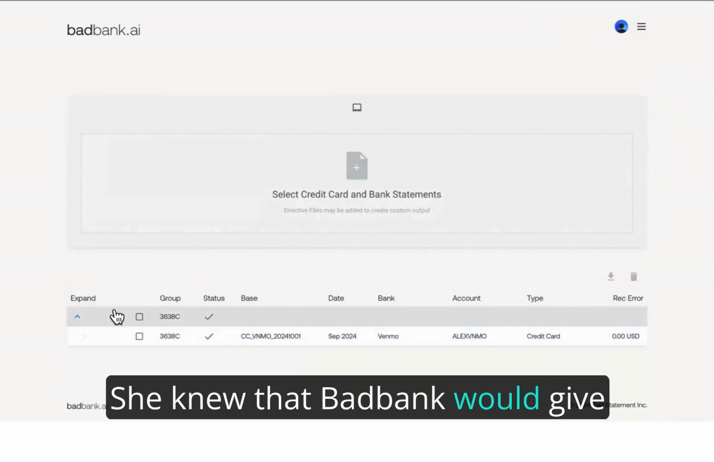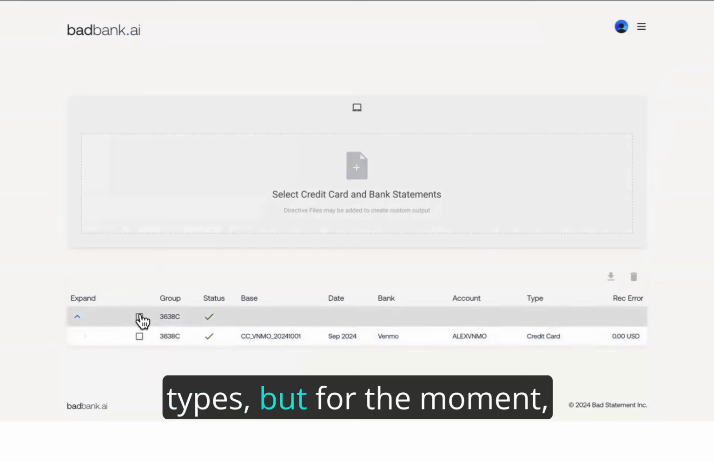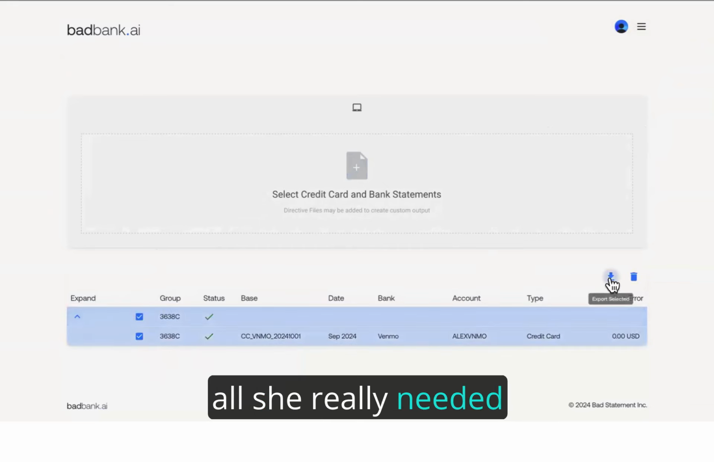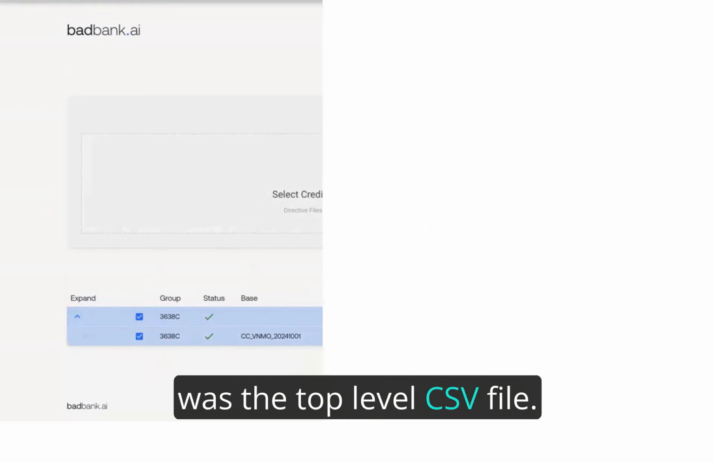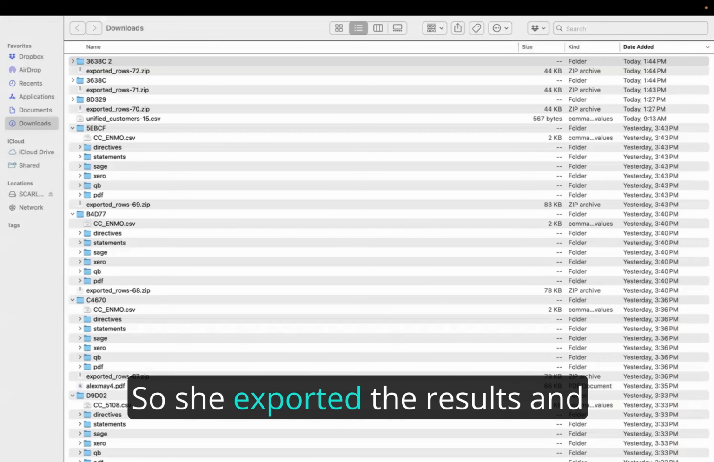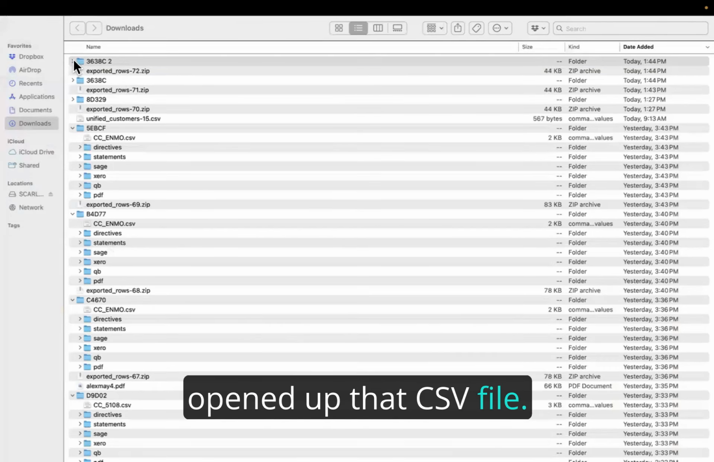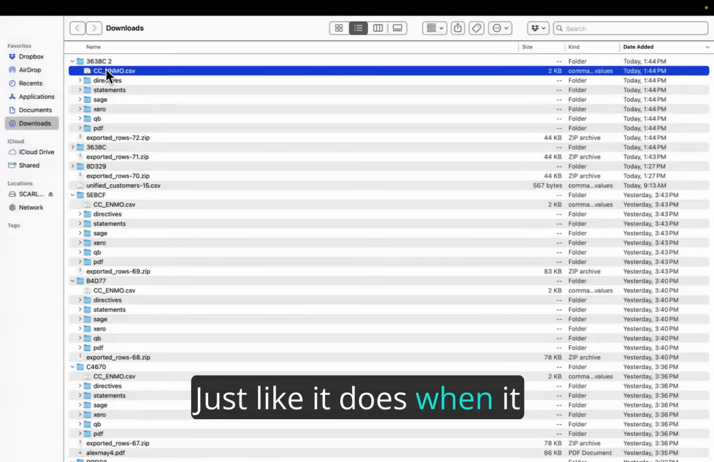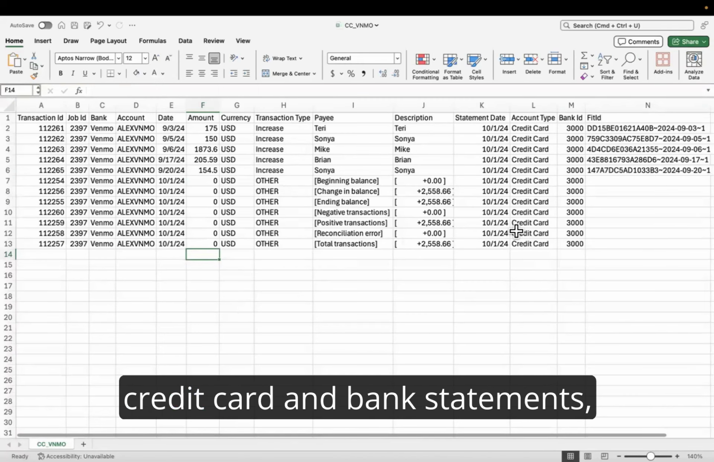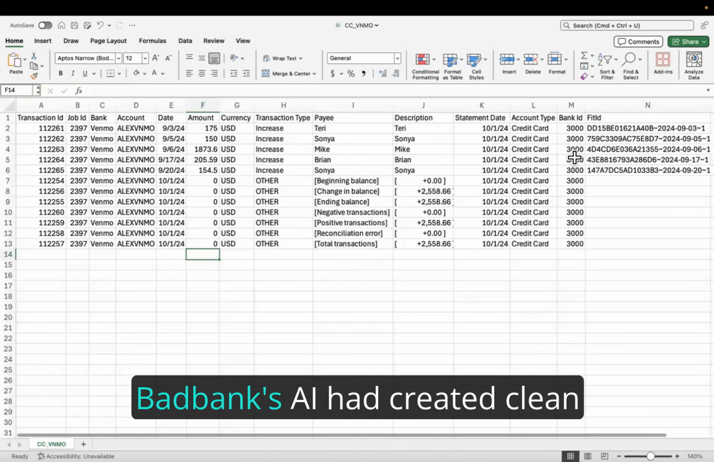She knew that Badbank would give her lots of different file types, but for the moment, all she really needed to take a look at to see if her hunch was right was the top-level CSV file. So she exported the results and opened up that CSV file. When she opened up the CSV file, her hunch was confirmed. Just like it does when it creates OFX and QBO files for credit card and bank statements, Badbank's AI had